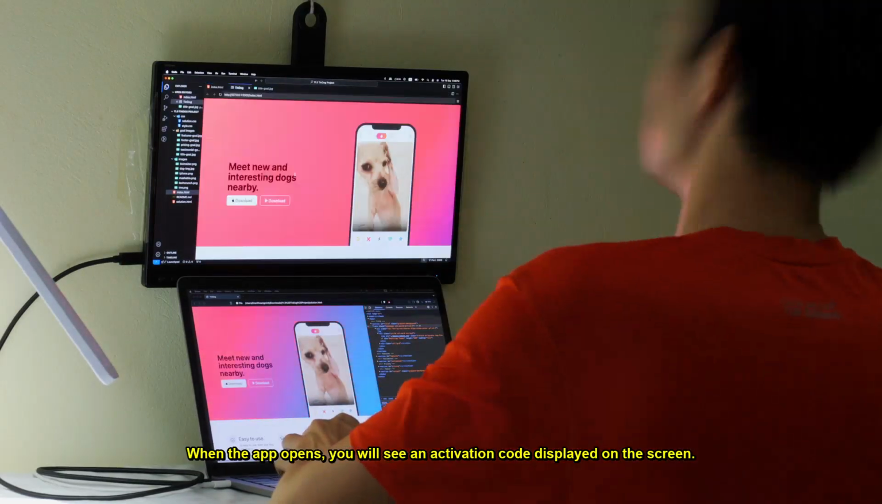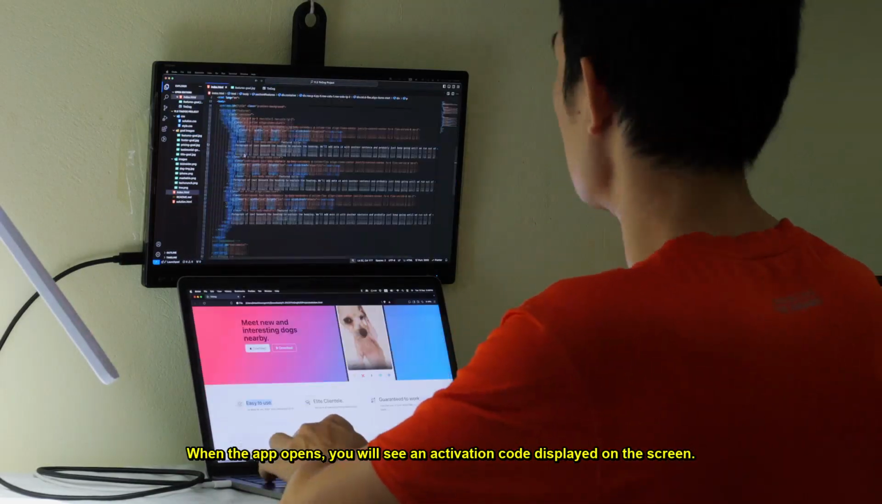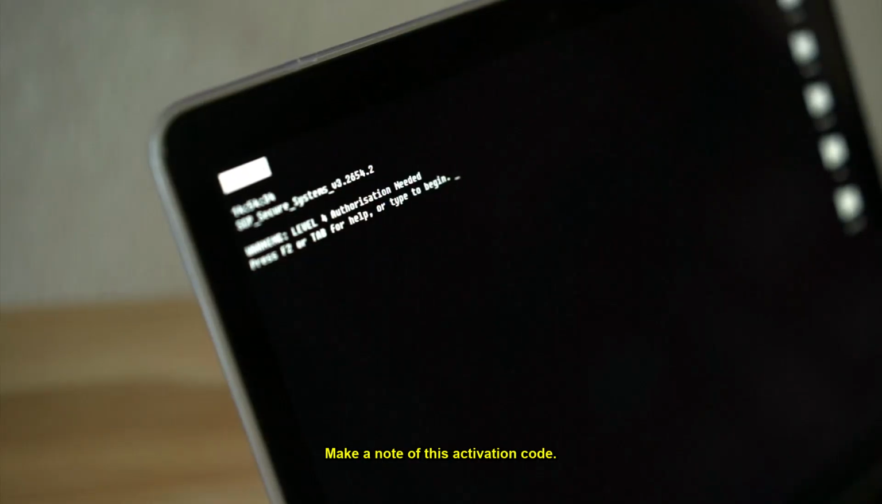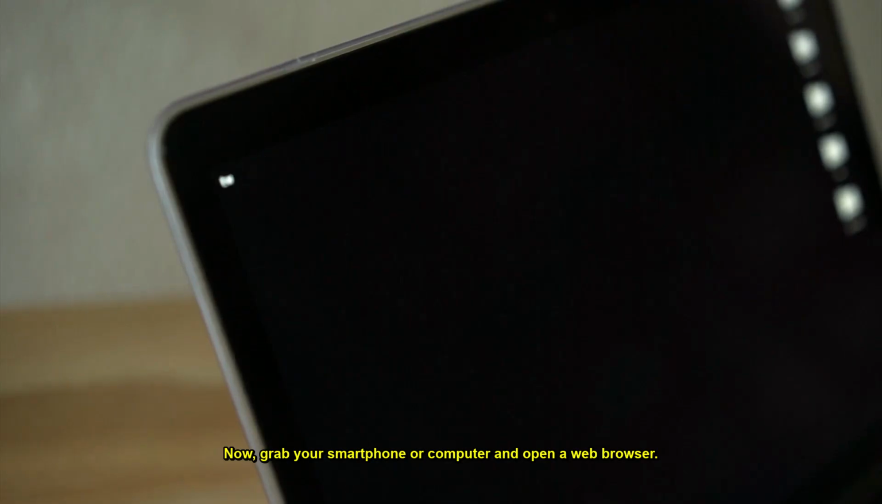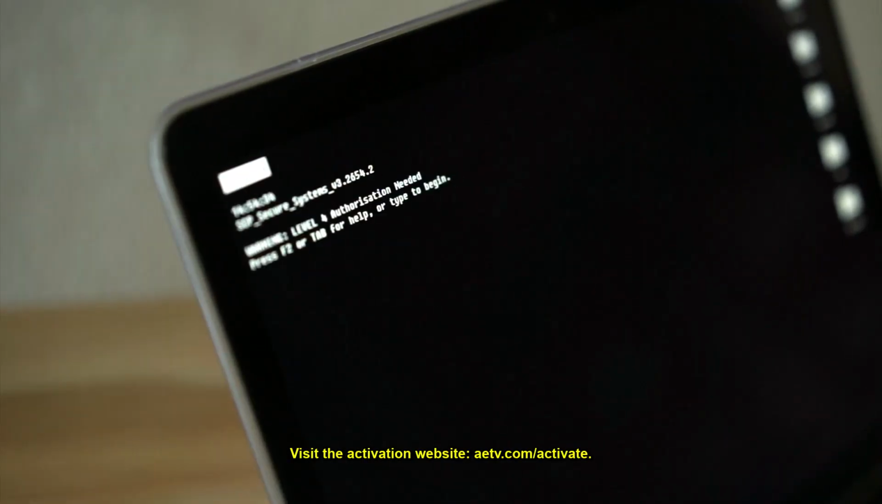When the app opens, you will see an activation code displayed on the screen. Make a note of this activation code. Now, grab your smartphone or computer and open a web browser. Visit the activation website,